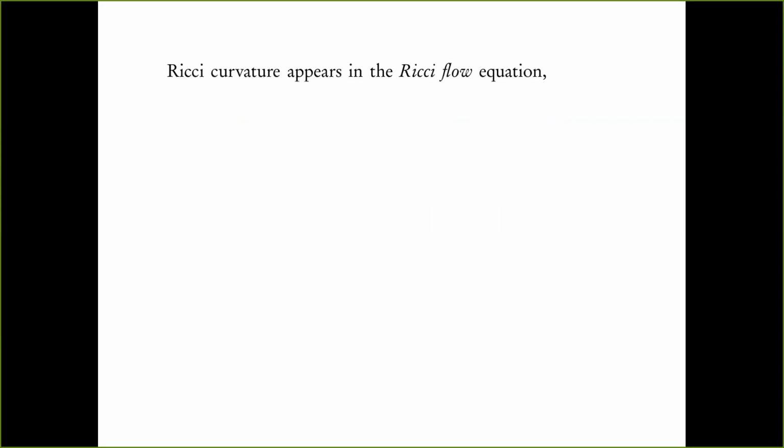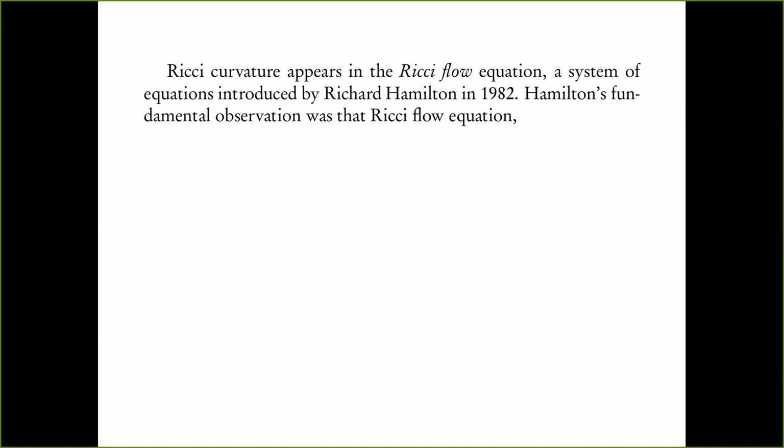Okay, so I think this is more like a historical remark: Ricci curvature, as you have seen, appears already in general relativity. It appears in scalar geometry, but from a mathematician's point of view, Ricci curvature appears in the so-called Ricci flow equation, and this is a very powerful and standard technique nowadays in modern geometry. The Ricci flow equation is a set of equations introduced by Richard Hamilton in 1982. Hamilton's main observation was that the Ricci flow equation, basically a geometric analog to the heat equation, whatever that means,